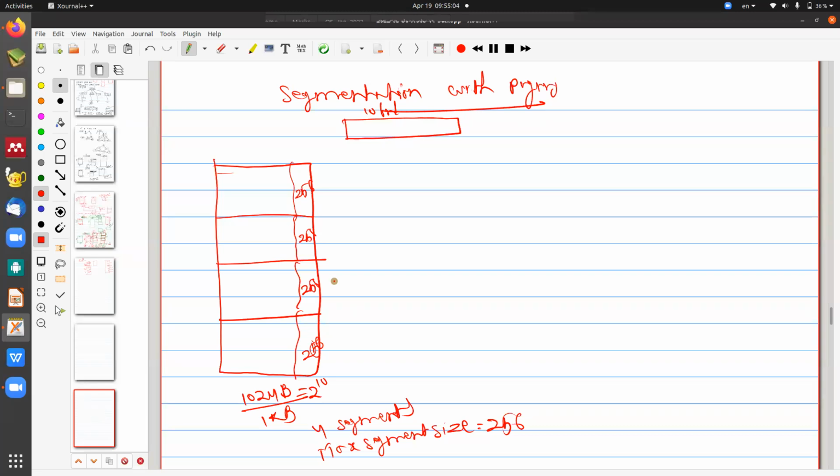कितना सेगमेंट रहा? 4 सेगमेंट। नंबरिंग कर दीजिए: 00, 01, 10, 11। एक एक सेगमेंट में कितनी लाइन्स हैं? 256। 256 लाइन को रिप्रेजेंट करने के लिए कितना बिट चाहिए? 8 बिट। सेगमेंट के लिए कितना बिट है? 2 बिट। 2 + 8 कितना हो गया? 10 बिट्स।